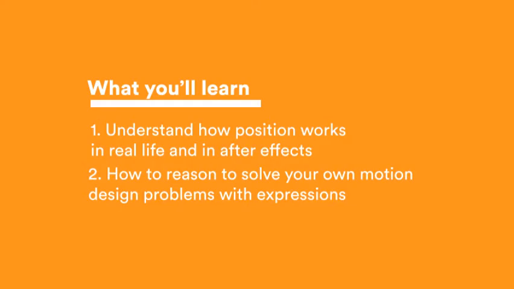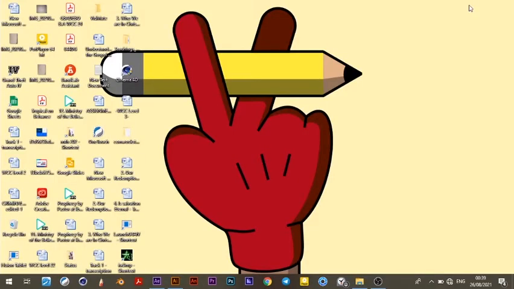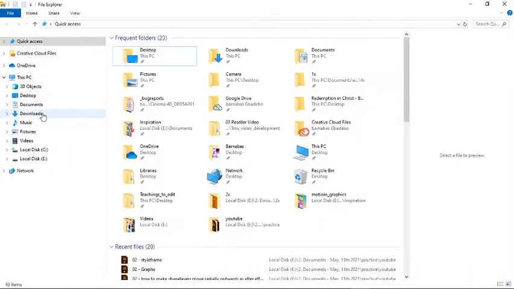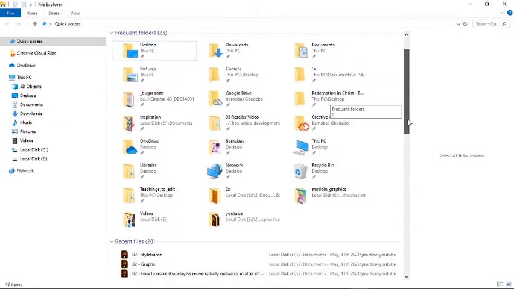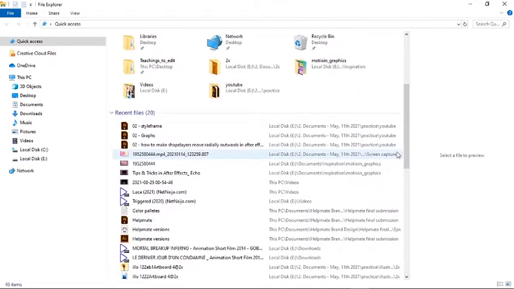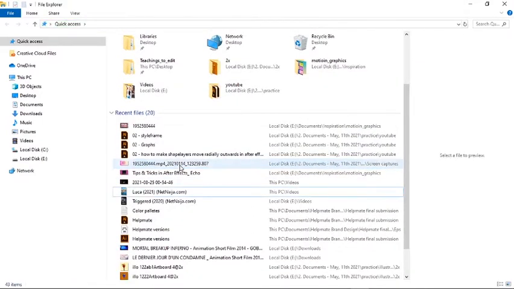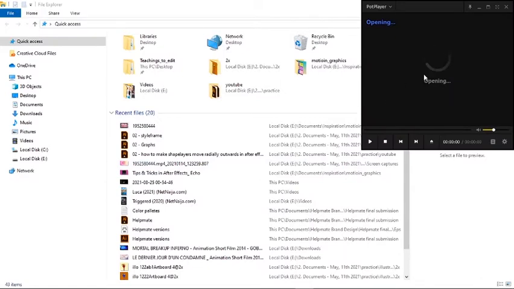I'm just going to briefly show you some examples of projects done by big studios that use this particular tip that I want to show you. I'll leave all the links to those videos in my description, so you could go and check them after you're done with this video. So the first one is